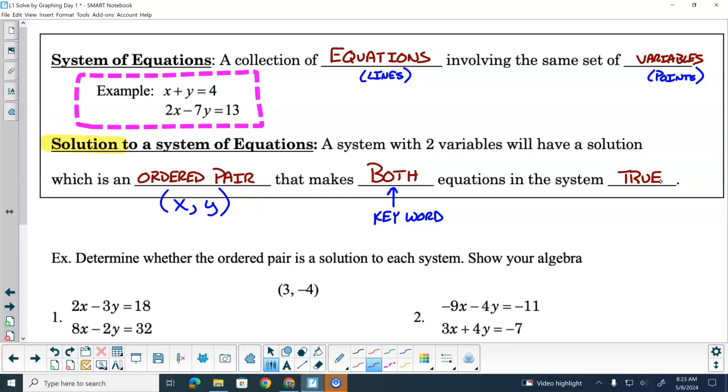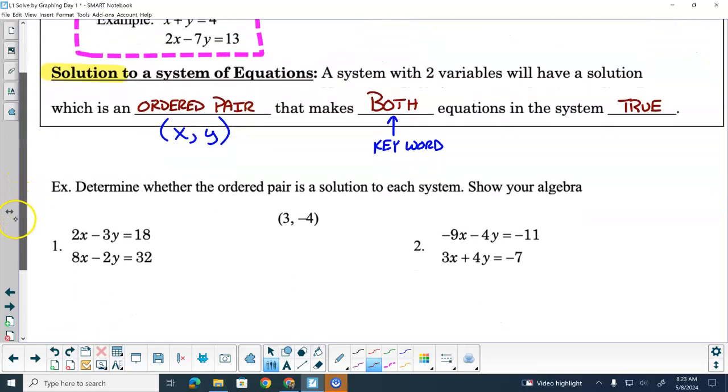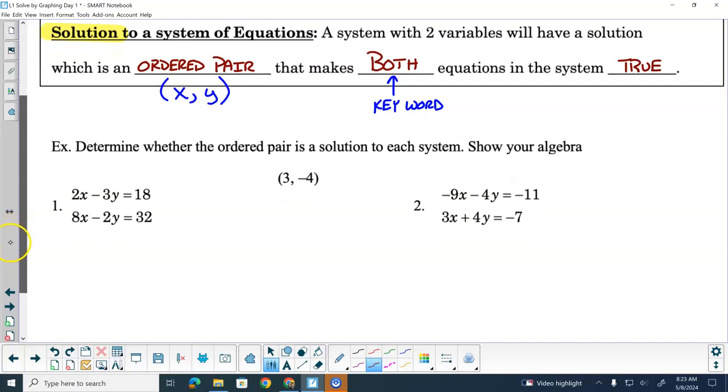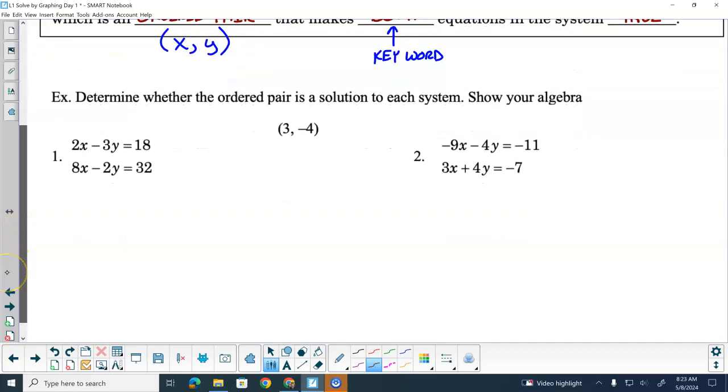Okay? It makes both of the equations true. Not just one of the equations, both of the equations. And in the end, we're going to check our work by doing what we're going to do here in numbers 1 and 2. We're going to say here that